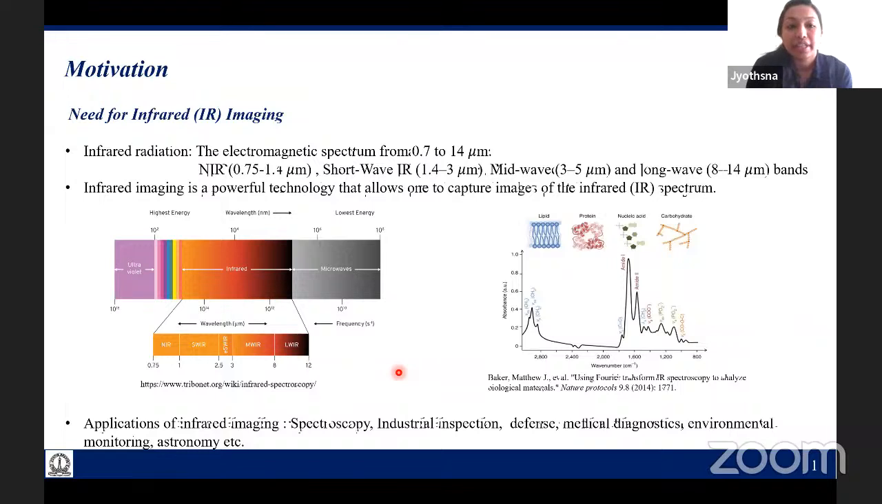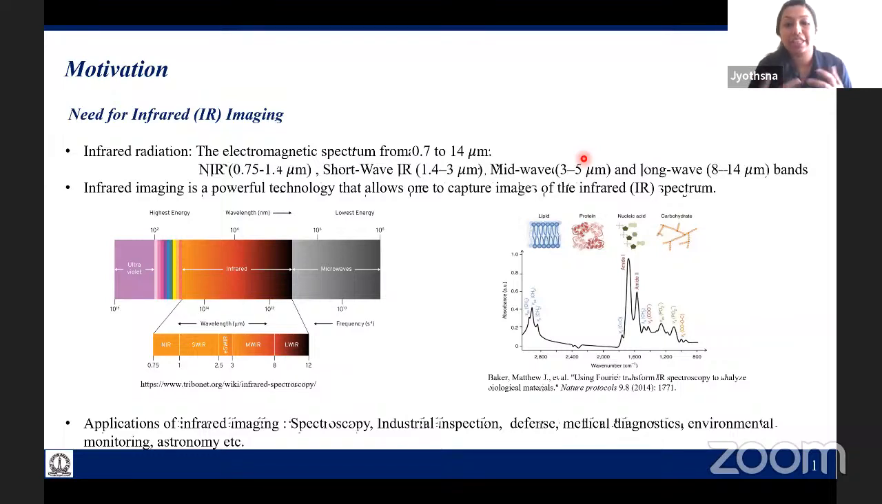So infrared radiation is a type of electromagnetic radiation with a wavelength longer than visible and shorter than the microwave. They span a wavelength range of 0.75 to 14 micron. And the technique of allowing one to capture images of the infrared spectrum is called infrared imaging. And it has got a lot of